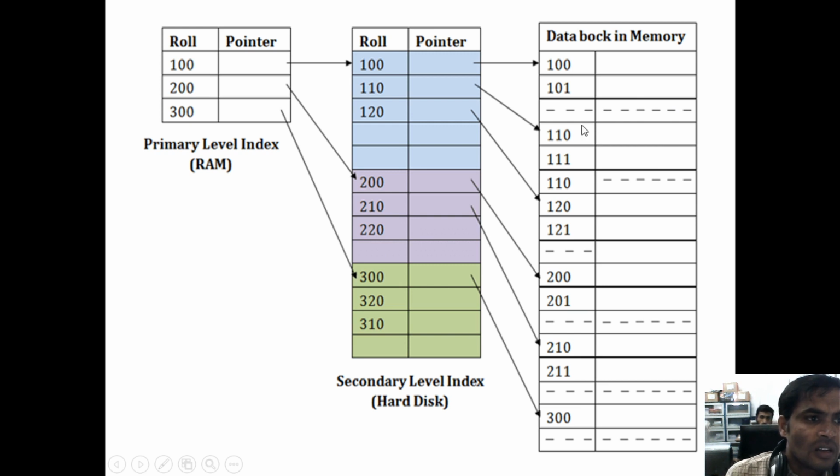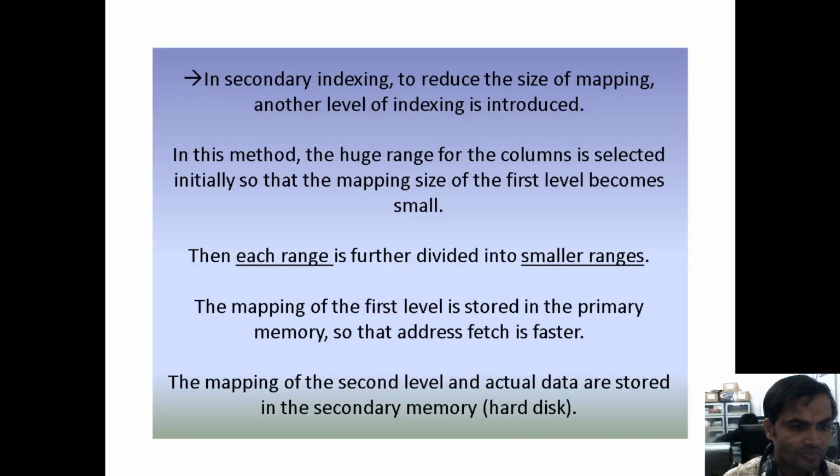When you fetch data from the primary key to the main existing table, data can be accessed very fast. In the middle, if you implement a hard disk as a secondary level index, it will not access the data very fast. It will take a huge amount of time for accessing the data. The same scenario is there here.